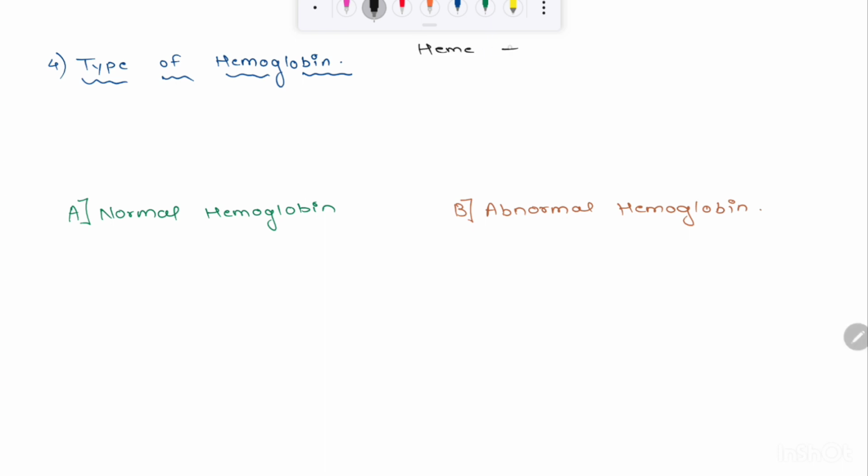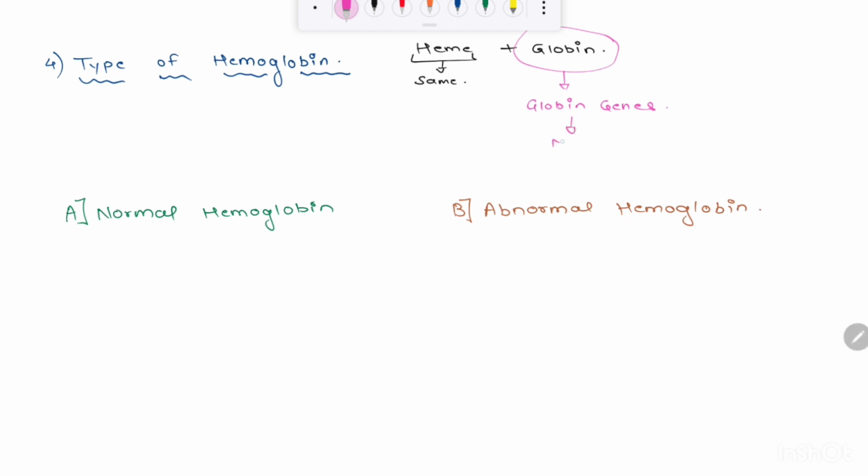There are several different types of hemoglobin found in humans. So hemoglobin is heme plus globin. The heme part of the hemoglobin is almost the same in these types. The physical and chemical changes in the hemoglobin are due to differences in the composition of polypeptide chains of the globin part of hemoglobin. The amino acid sequence of polypeptide chains is determined by the globin genes. Mutation in these genes will lead to structural differences of polypeptide chains. So mutation will cause